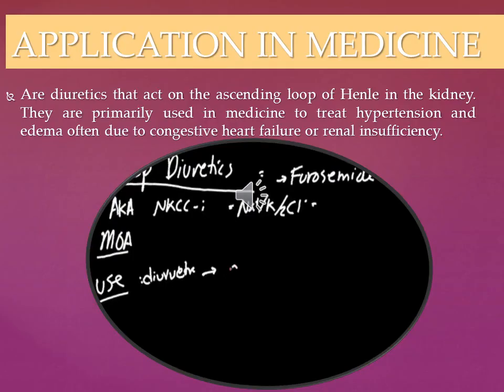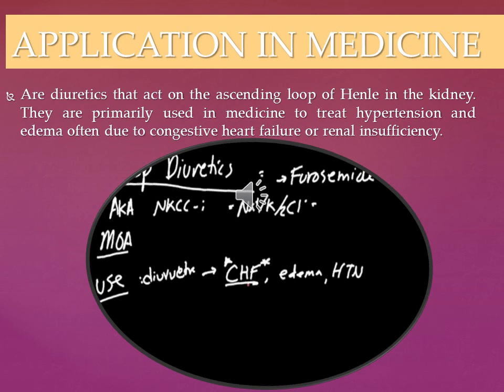It will be used for chronic heart failure patients. If you hear chronic heart failure patients with high blood pressure, you're going to be thinking furosemide. You're going to be thinking loop diuretic. Also, if the patient has edema and hypertension, that's why you use diuretics. But also, in application in medicine, we have the diuretics that act on the ascending loop of Henle